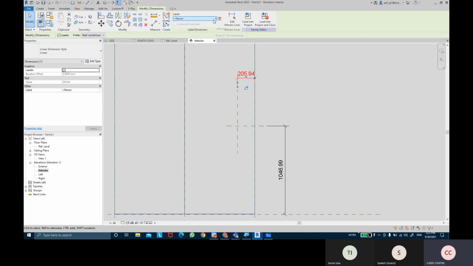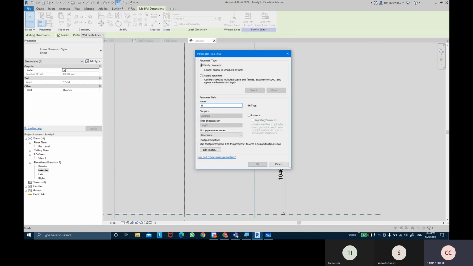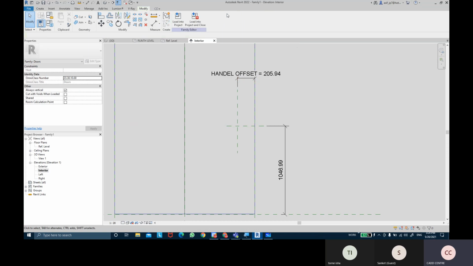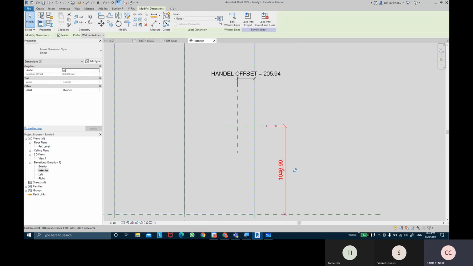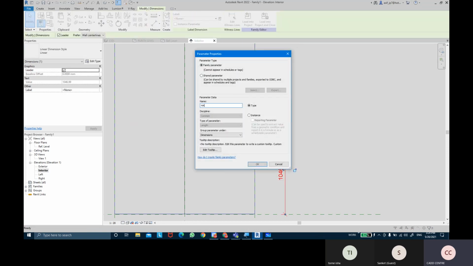I'm going to label this handle offset, and this one handle sill height.